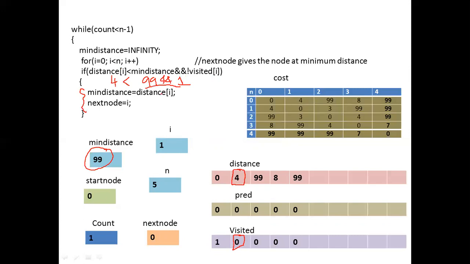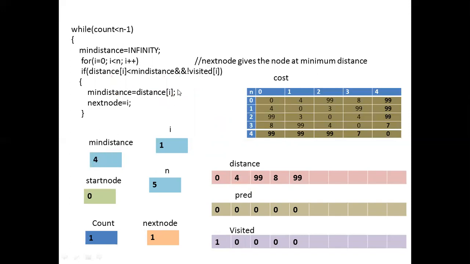Inside these blocks, now if I execute this block, we observe the mean distance memory location will be modified. What value will be assigned? Distance of first. What is the distance of first? 4 will be assigned to mean distance. Now we observe mean distance value is changed once I execute this statement. Now mean distance value is modified to 4.